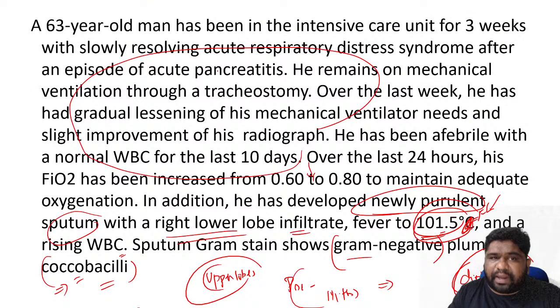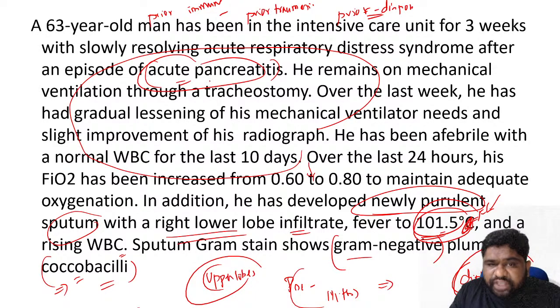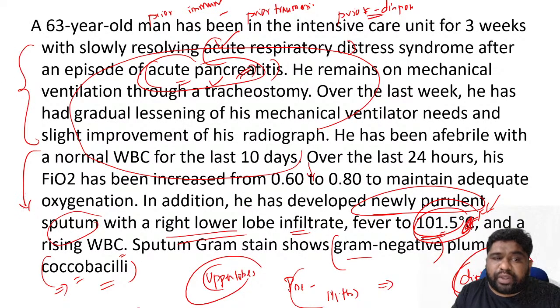Please remember, Acinetobacter can become active whenever there is a prior immunosuppressed state, or any kind of prior traumatic state, or any kind of prior predisposing factor. In this question, the predisposing factor we were discussing was acute pancreatitis. So when there was acute pancreatitis, acute respiratory distress happened. That distress might have been because of some kind of fluid exchange. But when the patient became better and then became worse, it was purely because of a new emerging organism